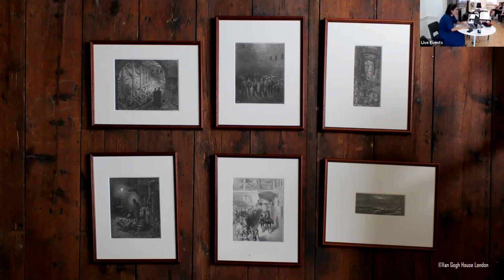And that led to a different way of living. People were living in much more densely populated houses and streets. But there was also the development of news and printing. And Van Gogh loved the cartoons published in newspapers that depicted the kind of modern life that